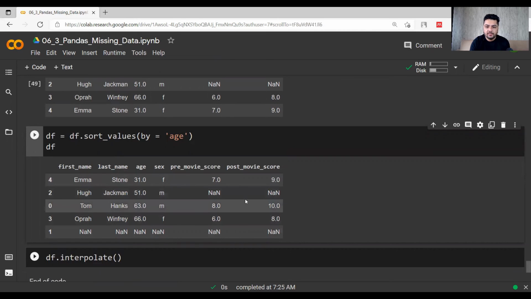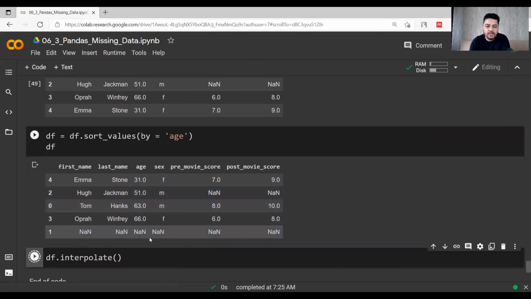Now you can see that in this pre-movie score NaN, post movie score NaN, because these two NaN values are in between 7 and 8 and 9 and 10 respectively, so these two values will be replaced with 7 plus 8 divided by 2 and 9 plus 10 divided by 2.